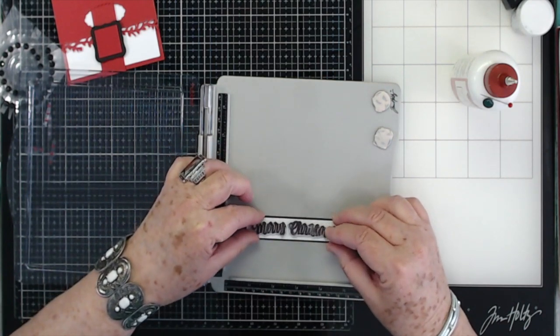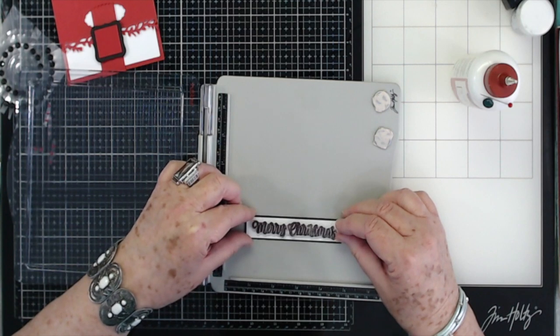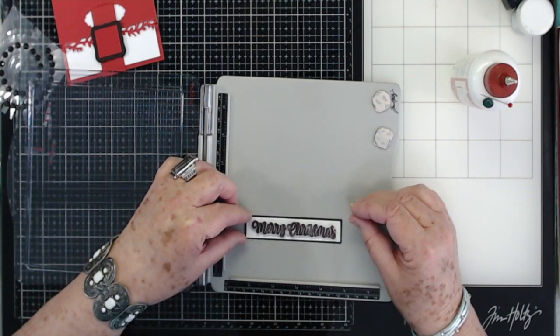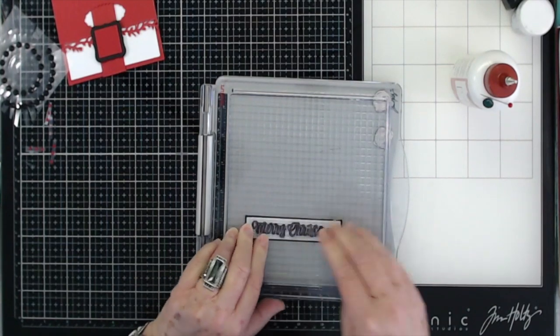And I cut these in half at one time, and now all I'm doing is putting them back together on here so that I can stamp them. And let me see if that looks pretty even. Looks pretty even. So we're going to press that down, pick those stamps up,